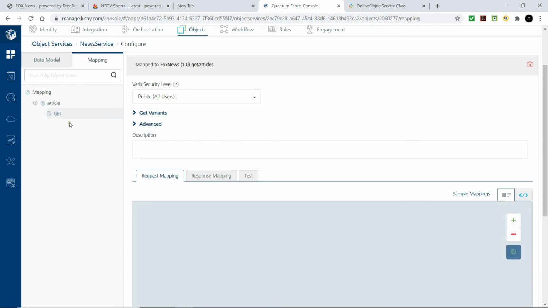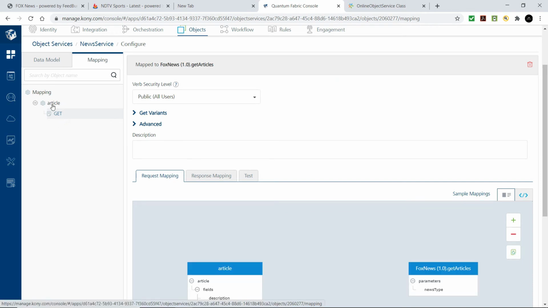Which means whenever the client app uses this article data model and invokes the get operation on this article data model, it would call the Fox News get articles and get the news articles from the Fox News feed.